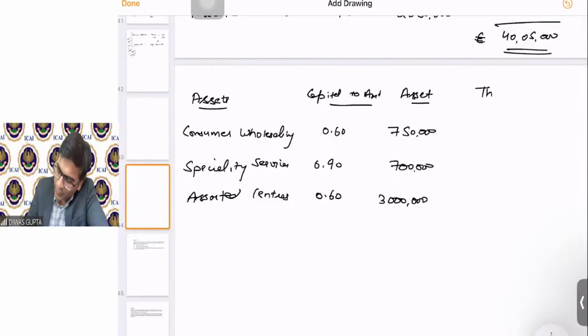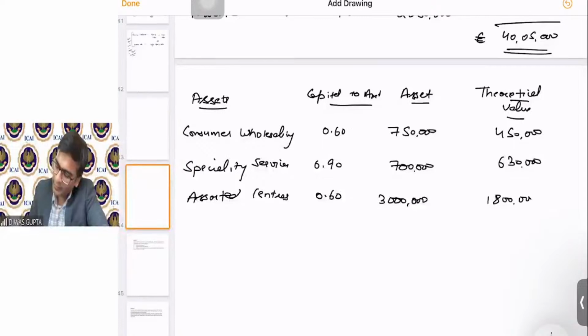This is again theoretical value, right? So 0.60 into 7 lakh 50,000 becomes 4 lakh 50,000. Next one becomes 6 lakhs 30,000. And the last one becomes 18 lakhs. So the overall becomes 28 lakh